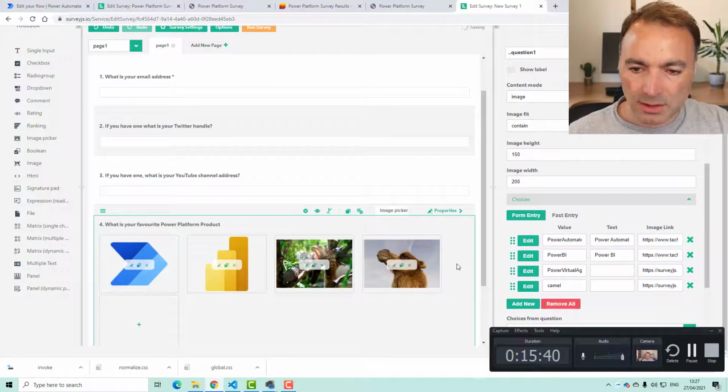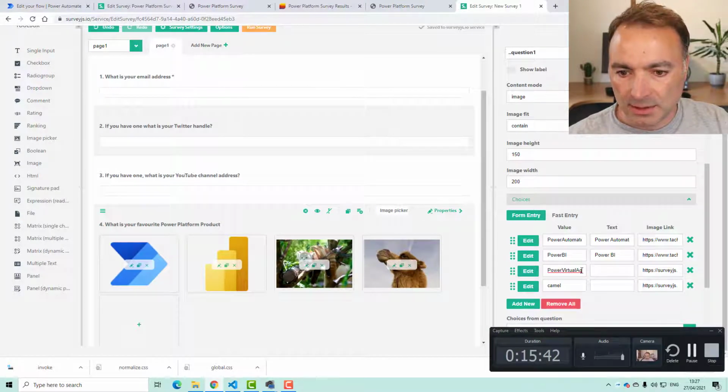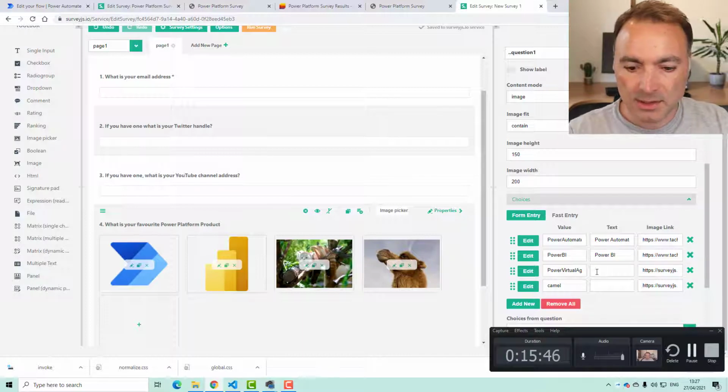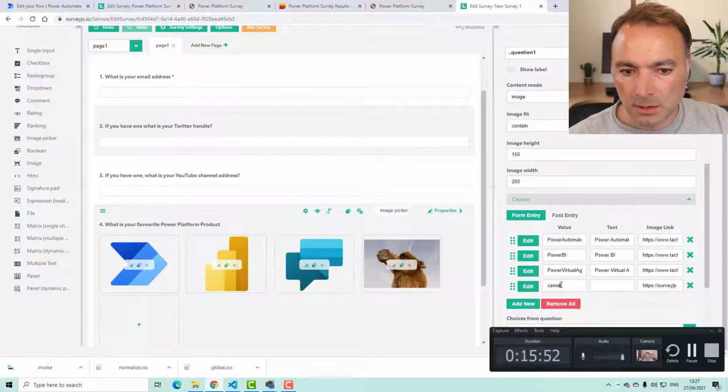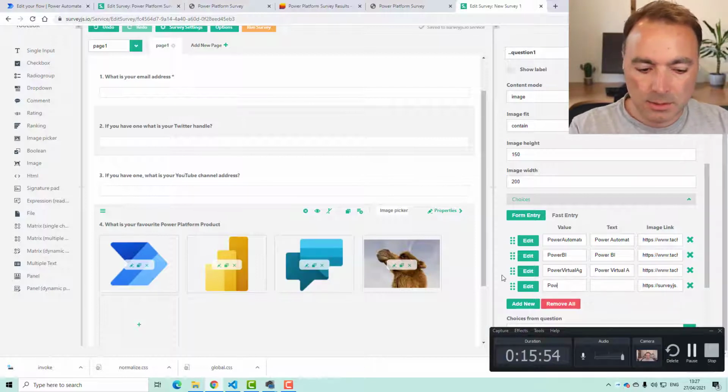In case it's not clear, this column is the value that's going to come through when we submit, and this is the text that shows. And now let's do Power Apps.